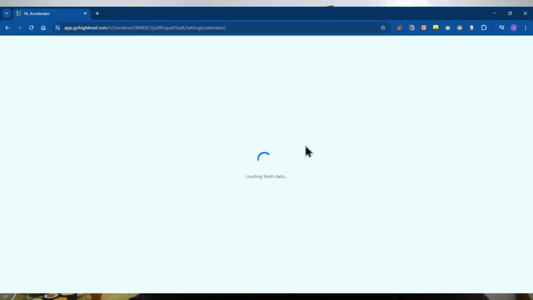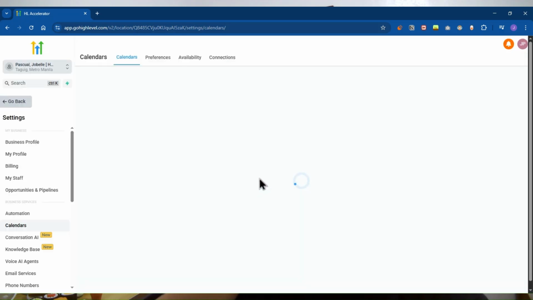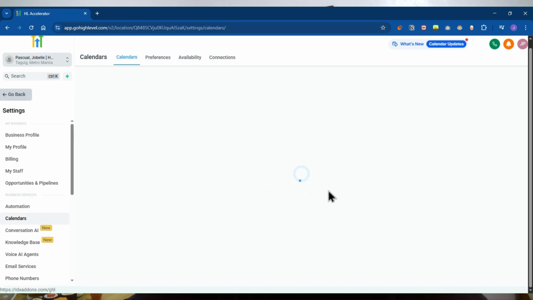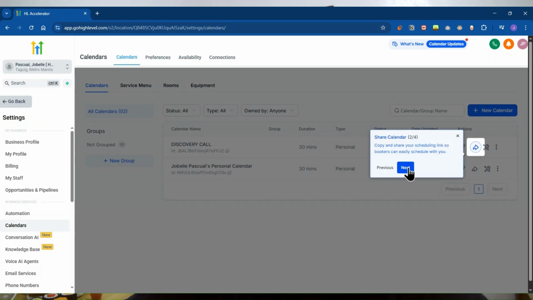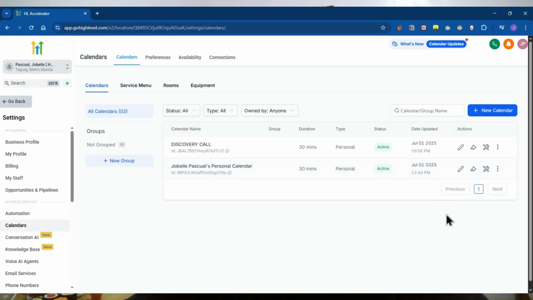While this is refreshing, I just want to share with you that Go High Level is great in making everything in one place so that you could just have everything organized and synchronized. So hopefully this would be working right now. It's just taking a little bit more time. Let's just select this again.